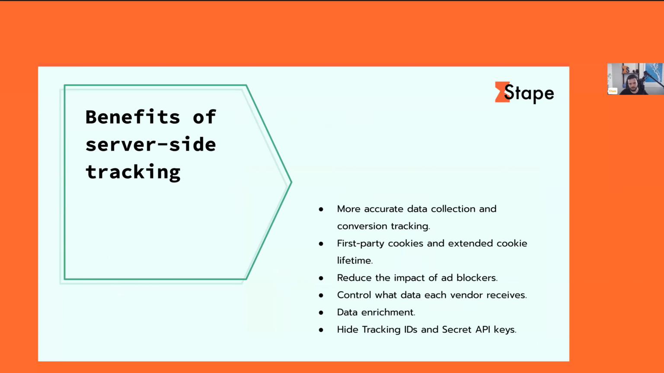Benefits. Again, we probably talked about it already. More accurate data collection, which is what I just mentioned. You start benefiting from setting up first-party cookies instead of using third-party ones. You also extend their lifetime. This is especially important with Apple devices. You reduce the impact of ad blockers. Like we said, we're going to look into how we can get some resistance to the popular prevention tools. You control what data each vendor receives. This is basically because server-side Google Tag Manager is a middleware, so you can redact any data before it ends up in a destination. This might be relevant for people in Europe where,